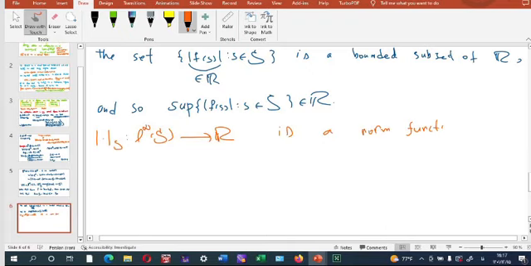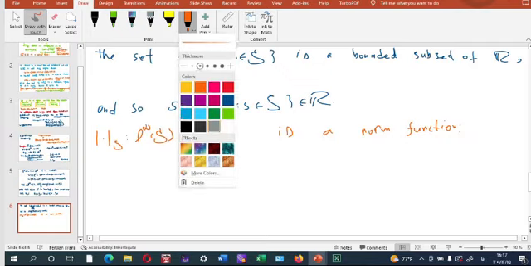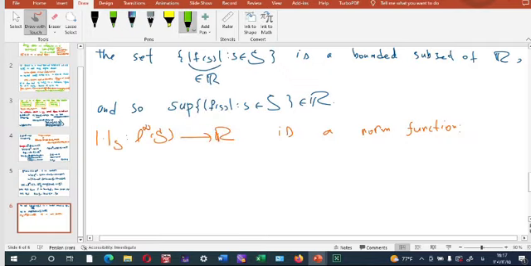Let me write this in a new line. Okay, and it is very easy because we see that for any f in L infinity of S,